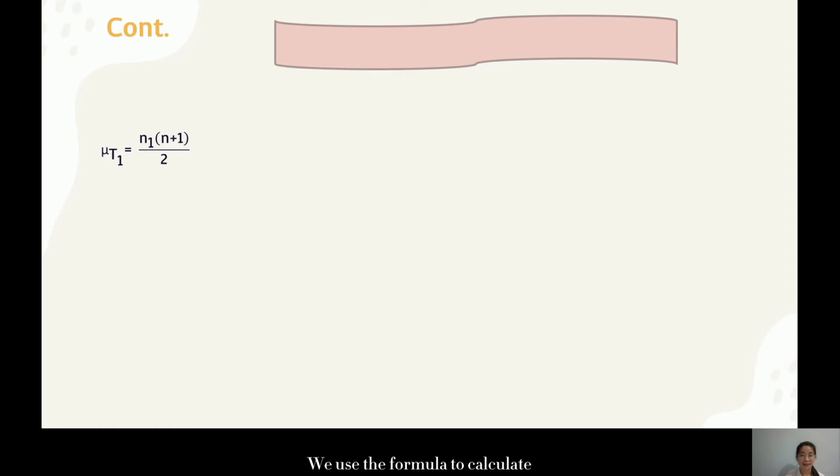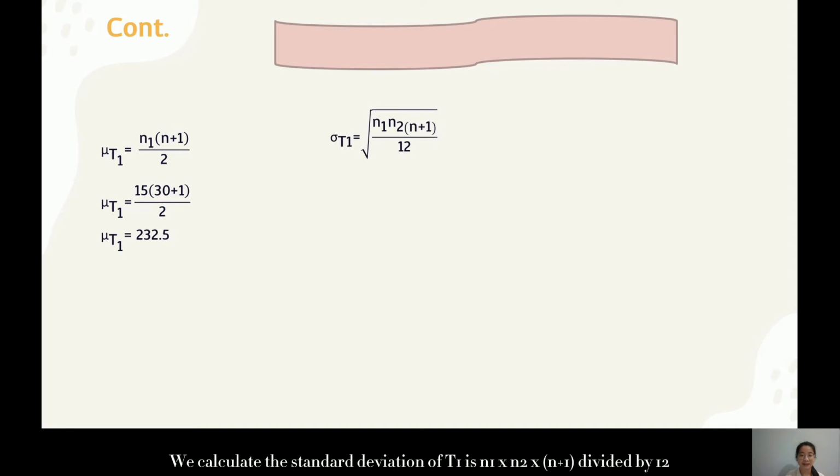We use the formula to calculate the mean of T1, which is N1 multiplied by N plus 1 and divided by 2. We put the values into the formula, which is 15 multiplied by 30 plus 1 and divided by 2. And finally, we will get 232.5. We calculate the standard deviation of T1, which is N1 multiplied by N2 multiplied by N plus 1 divided by 12, and square root it, and we get the answer